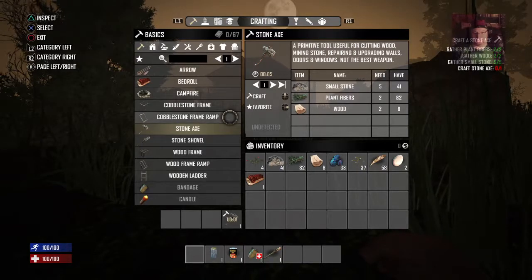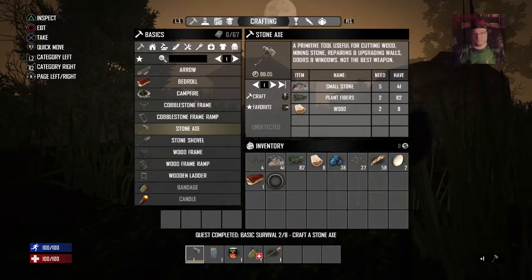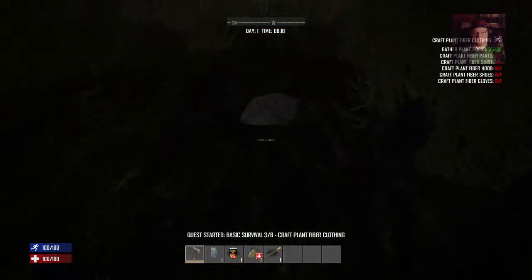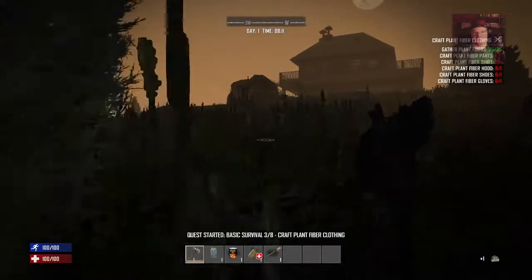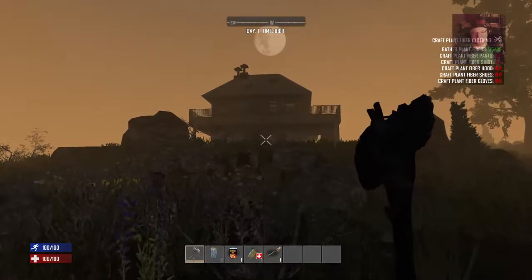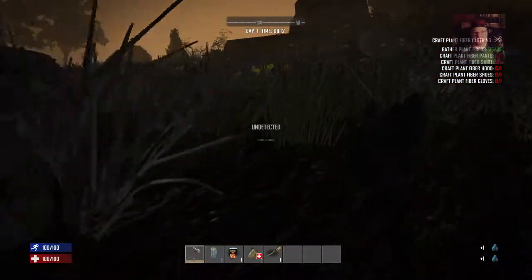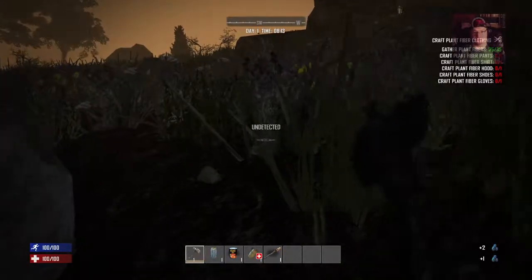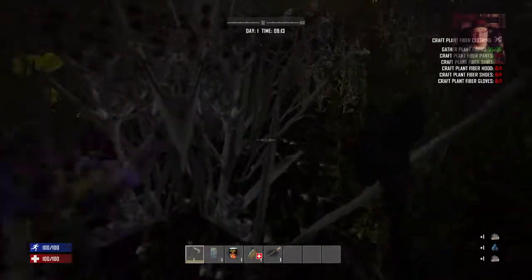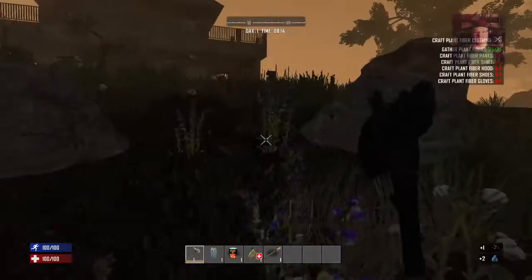Stone axe. And we're going to want that. That's just a basic house. It looks a lot like the one the guys at Achievement Hunter ended up using a lot in their videos on this game. Yes. One of the kinda...